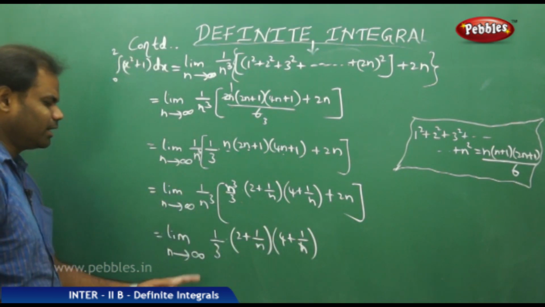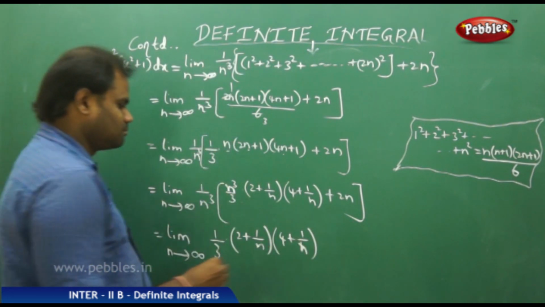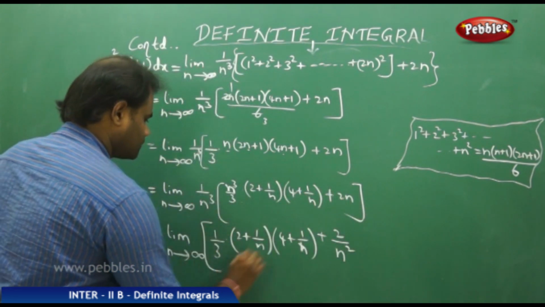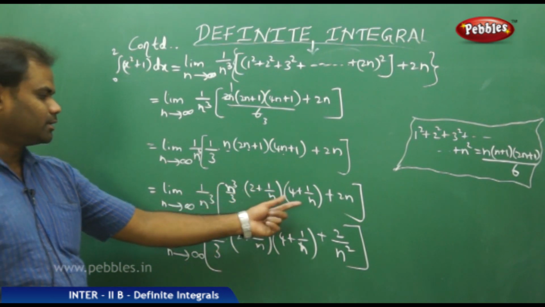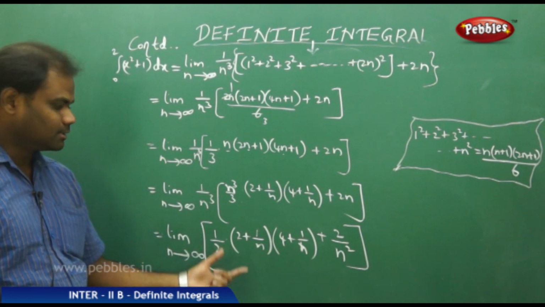4 plus 1 by n, and then I get 2 by n square when n cube is taken in and each of the terms get cancelled, and finally I get this